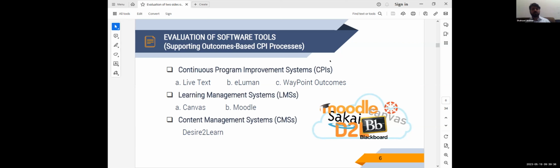We can import it, or we can integrate some CPIs in the form of APIs in learning management systems, but that also comes with limitations. So we have the possibility, but there are limitations. Similarly for content management systems, there is some fixed type of content available to the students, and we don't have assessments or other things in that. So the accreditation process is not feasible in these systems, the CMSs.